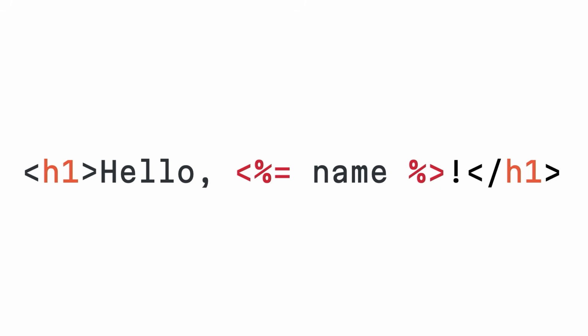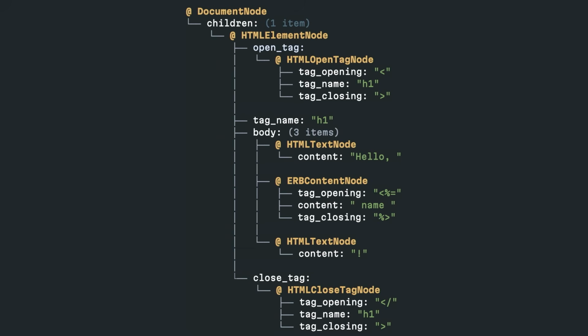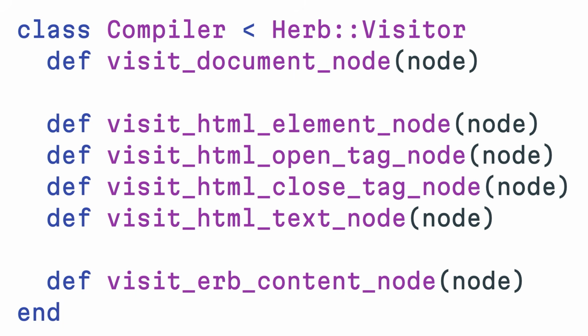With Herb, if we now have the same templates, we can parse these templates, and we get a syntax tree of that same template. I will compact this a little bit so you can see it better. We have an HTML element node, we have an opening node, we have the body of the elements, and a close tag. Now we can strategically visit this tree to visit all these nodes, and we can do this using a Herb visitor to build a compiler to compile this syntax tree into a compiled